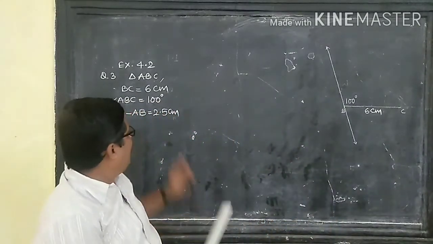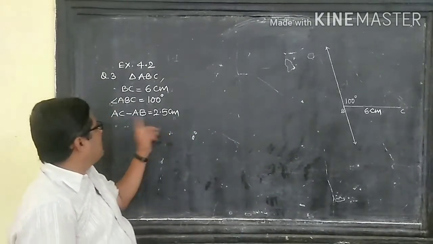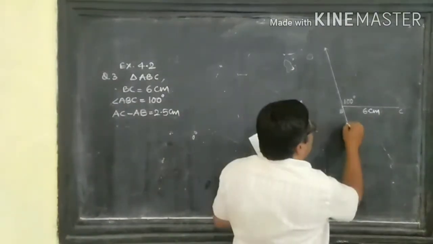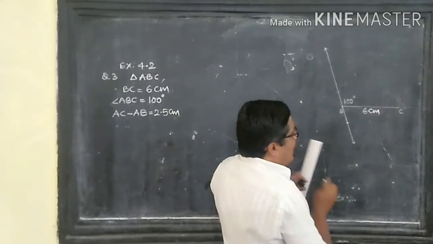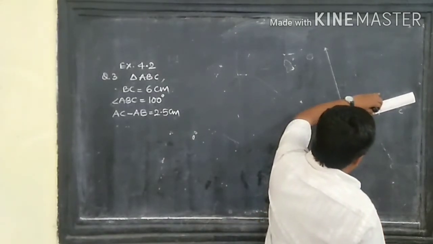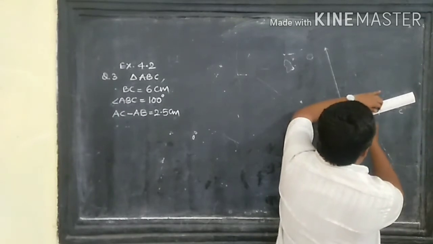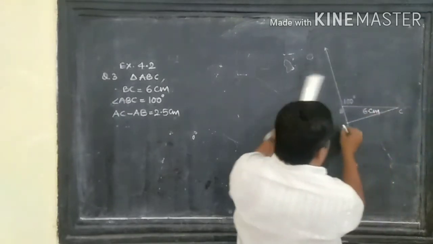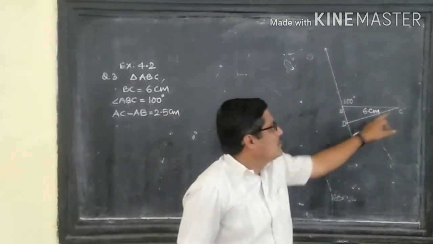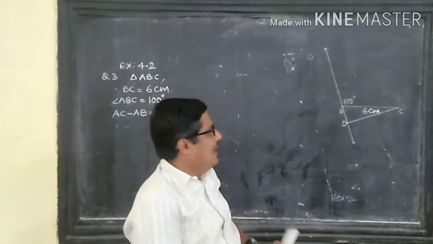Now whatever the difference is between the remaining two sides, that we have to take on this side in this way. After that, here we have to draw this segment, let it be point D. So we have to draw segment DC, and then